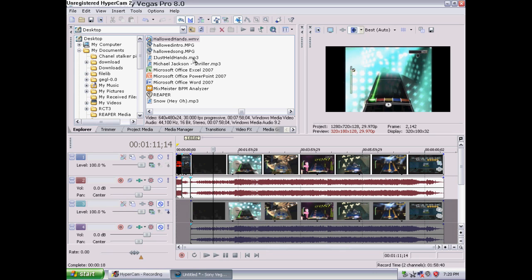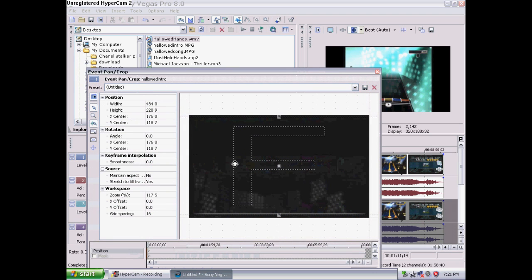Okay, so now I'm back from my little break. It takes a while just to talk for that long. And so now what we're going to be doing is creating the mask and the position of the first highway, and how it's going to change in the middle of the video based on the split screen, and how it goes back to default. So what you're going to want to do is adjust your video to where you want it to change the position,